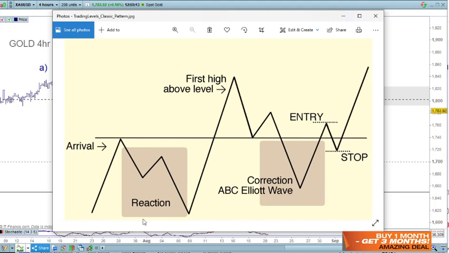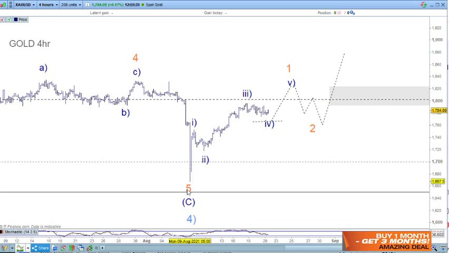Now, if we do get the 5th wave up here, then we can look to buy back in at the A, the B, or the C, the end of the C wave, the 5th of the C, or the beginning of this move here, gathering little evidence and confirmations and trade setups at this point, getting some positions in here, and then building back over here. So we'd need all this to unfold first: the arrival, the reaction, the first high above the level, the ABC correction. Just looking at that pattern, we've got 1, 2, 3, the arrival, the reaction, the first high above the level, the ABC pattern for wave 2, and then we start to build in over here once we feel a bit confident and have enough evidence.